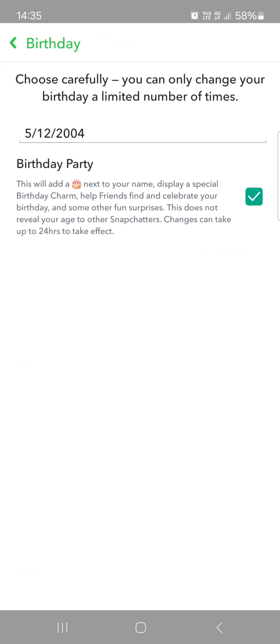Also, we can turn on or turn off the birthday party option here, which is like a customization. When we have our birthday, this little cake icon is going to appear next to our name, so our friends will know that